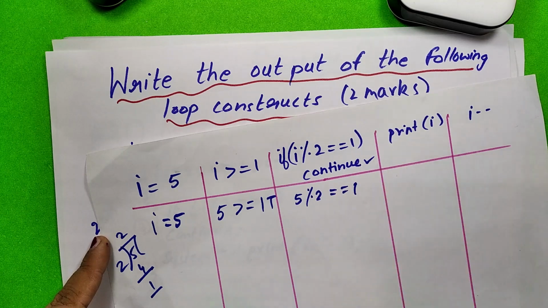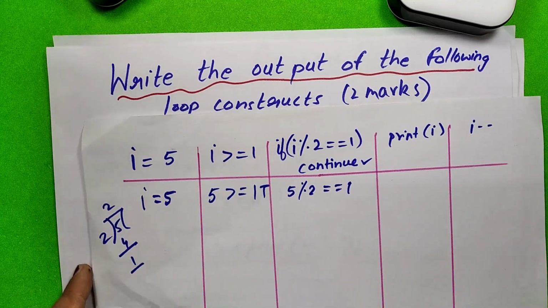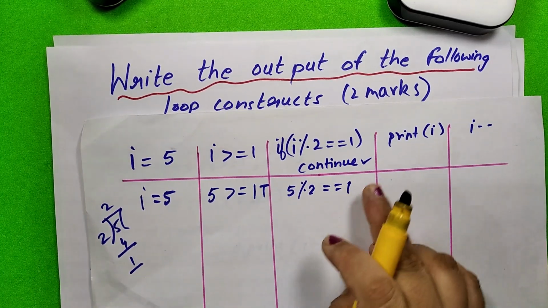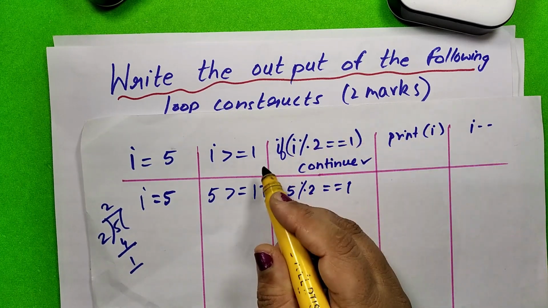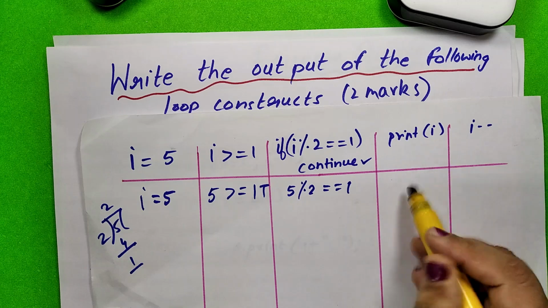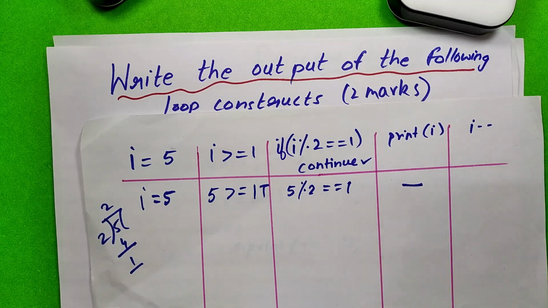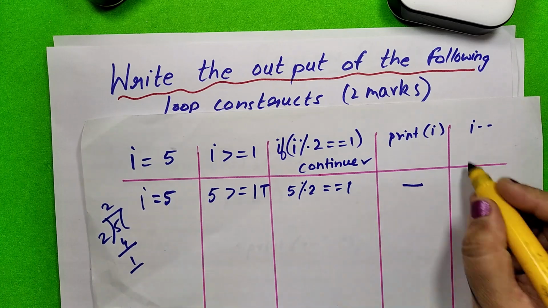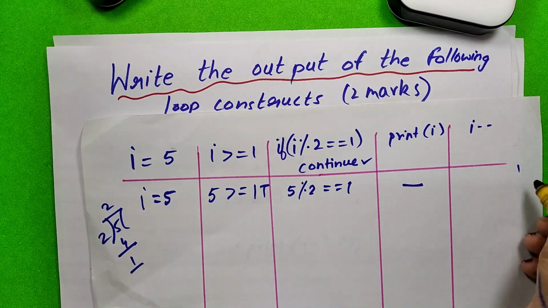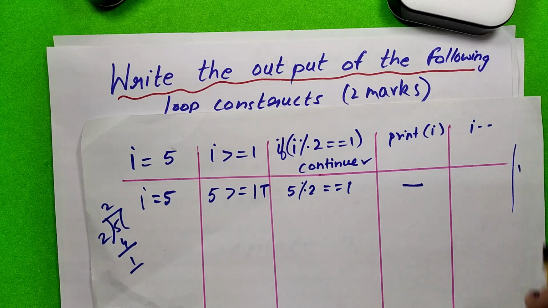But after that there is the statement continue. Continue, what it does, it is a jump statement. So it is going to skip this particular iteration and it will go to the next iteration. That means here it is not going to print anything. But the loop has run one time. Okay, the loop has run one time, and here if you want, on the side you can just mention this, the loop has run one time.